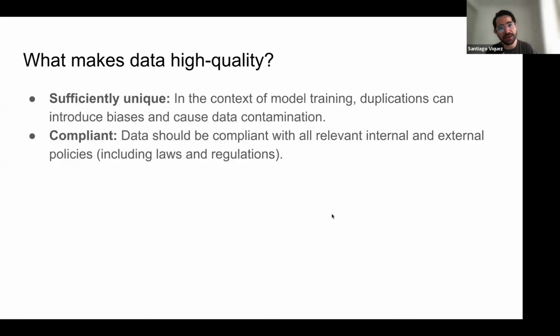Sufficiently unique means that in model training, duplications can often introduce biases and cause data contamination. Data contamination in the sense that, let's say you have 100 examples and only 50 are unique. So let's say for each example you have a duplicate, right?